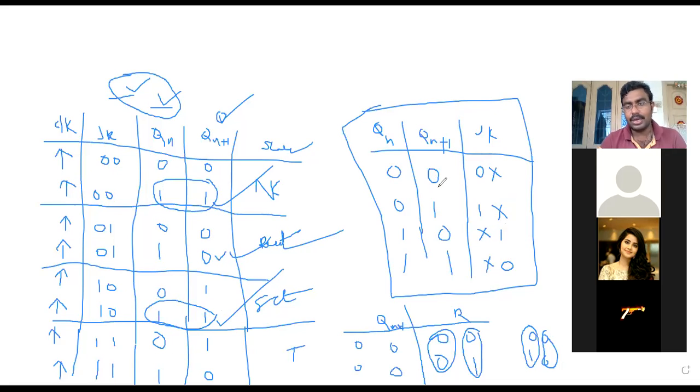Okay guys, this is the excitation table we can design for the JK flip-flop with the help of the truth table we have. This is exactly the reverse case. With the help of inputs and present state, if you decide your next state, that is the truth table. With the help of present state and next state values, if you find what your input combination will be, then this is called the excitation table, guys. Have you noted down the excitation table for the JK flip-flop? However, I will send that